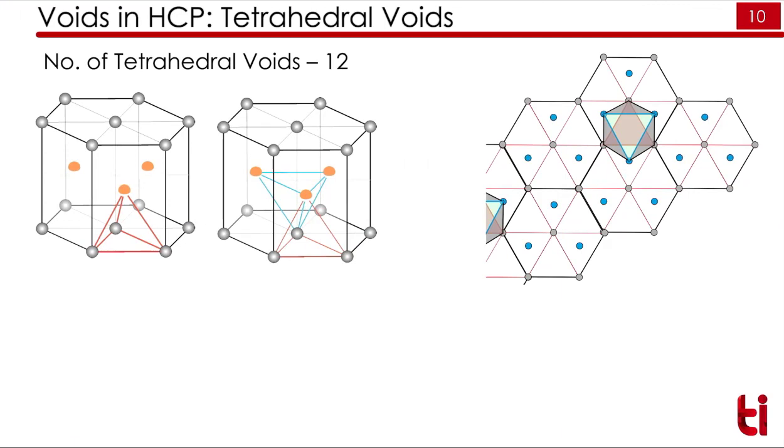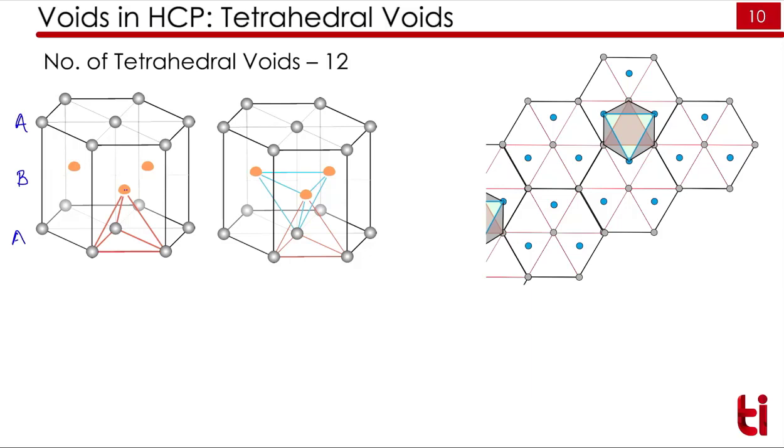Now the tetrahedral voids in HCP. HCP is the hexagonal unit cell. Here we have 3 atoms in the B plane. So again we will revise. This is A plane, this is B plane, this is A plane. So this is formed by AB sequence. We have 3 atoms in the B plane, and you can see here it will form a tetrahedra. 1 atom of the B plane will form a tetrahedra with 3 atoms of A plane.